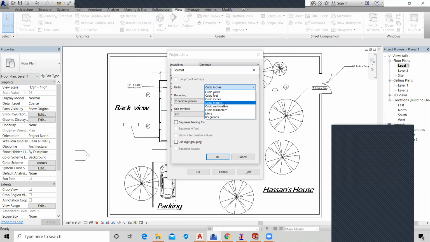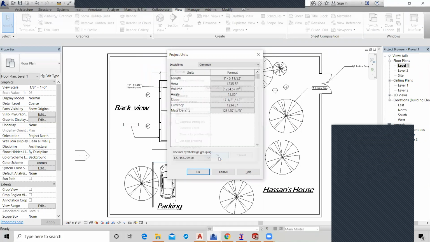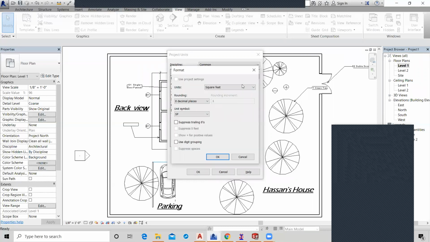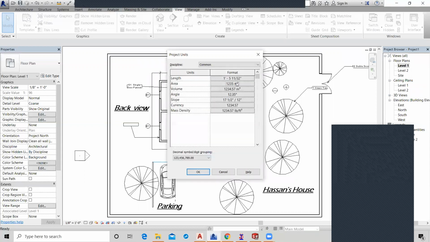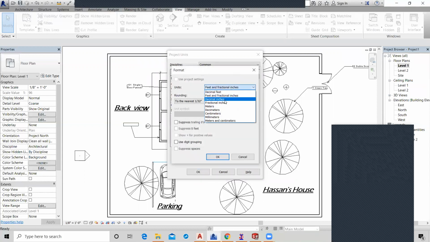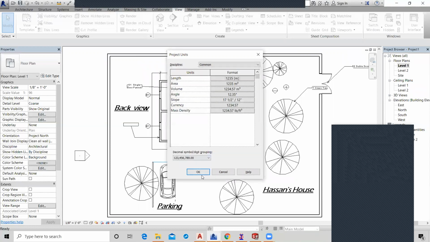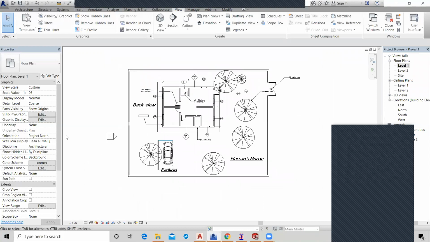Yes, we have cubic meter. Click on OK. And area is also in meters, and the length is also in meters. Click on OK.